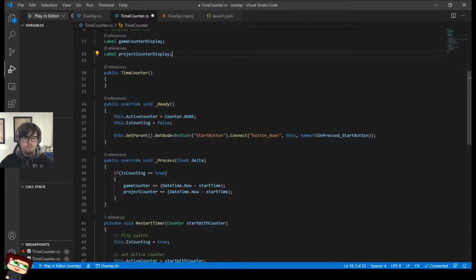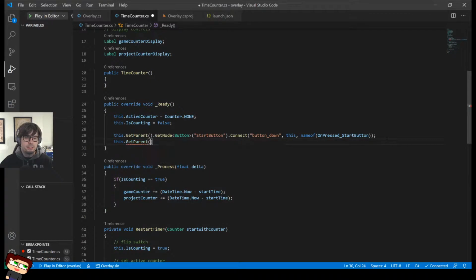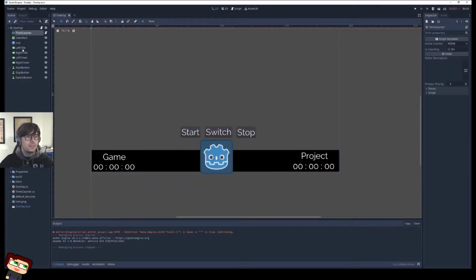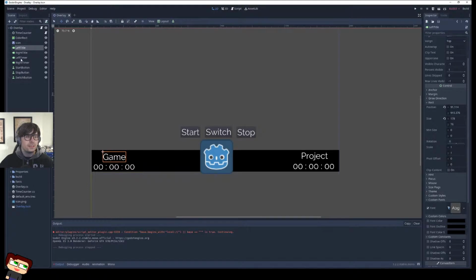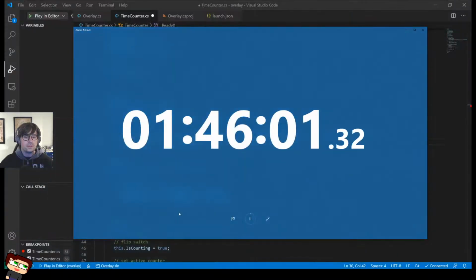So now on here, I'm going to do this dot get parent get node label. What was this thing called? It's called left timer and right timer. Cool.